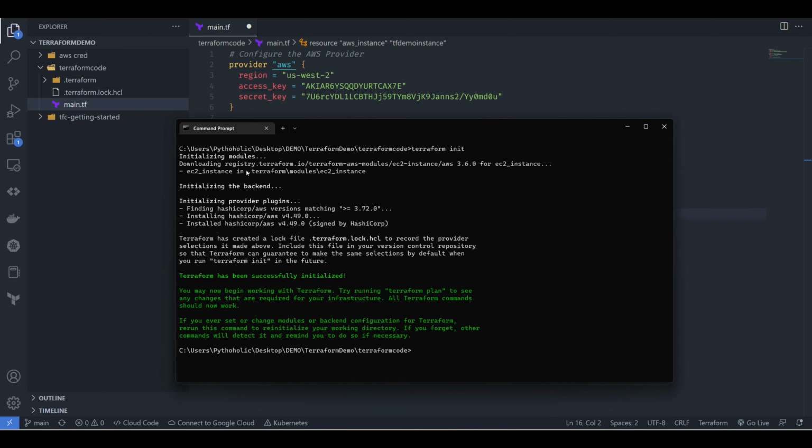So now it is downloading from registry.terraform.io. It is downloading the AWS modules EC2-instance because I was creating it. So initializing provider plugin, finding hashicorp/aws version matching 3.72, installing hashicorp/aws version 4.49, and it has installed properly. And now you can see here Terraform has created a lock file. So we will talk about this, don't worry. This is used to prevent modifications. I'll tell you why it is required and why it is very important in production environments when we actually use